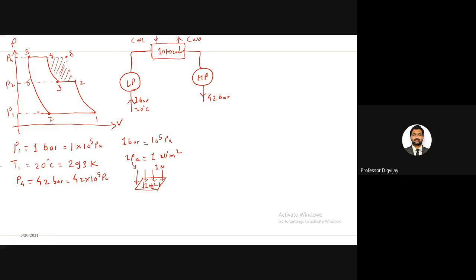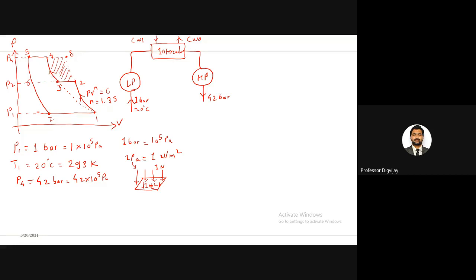Okay. So here P4, the discharge pressure, is given as 42 bar. Then see this index, the compression index, this is given as, so this will be PV raised to n equal to constant. Here n is given as 1.35. Okay. Again, this temperature T3 is equal to the suction temperature. So this will lie on this isothermal line. So there will be one isothermal line. So it will lie on it.